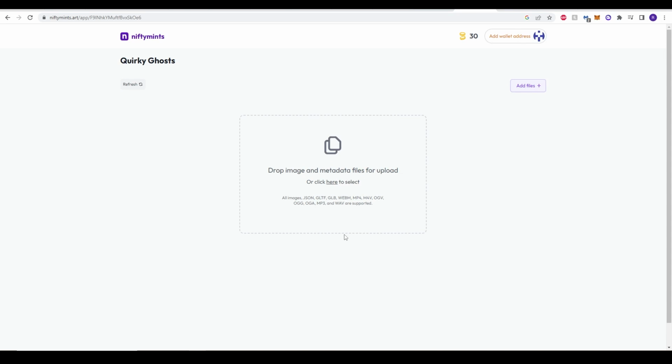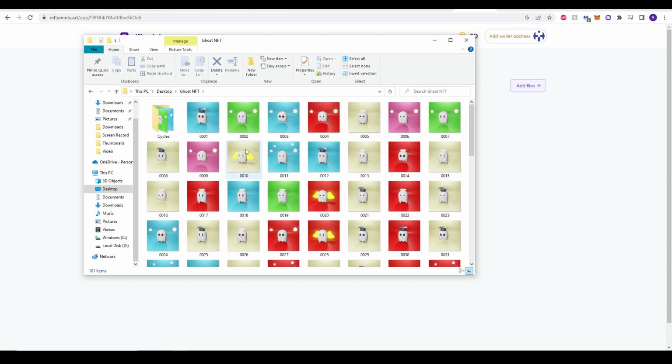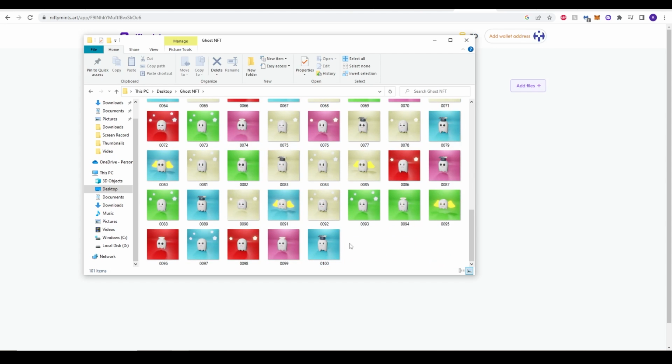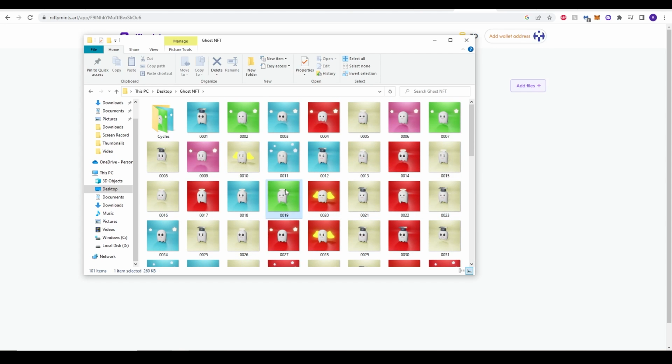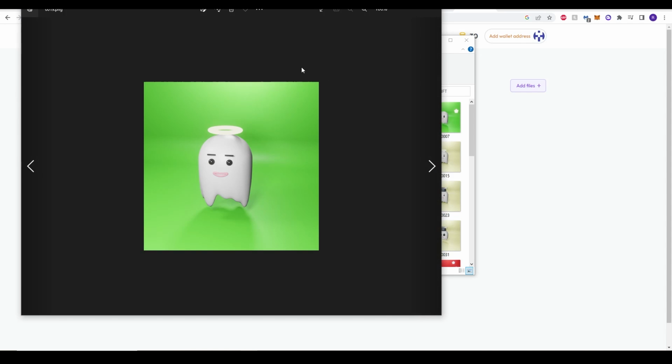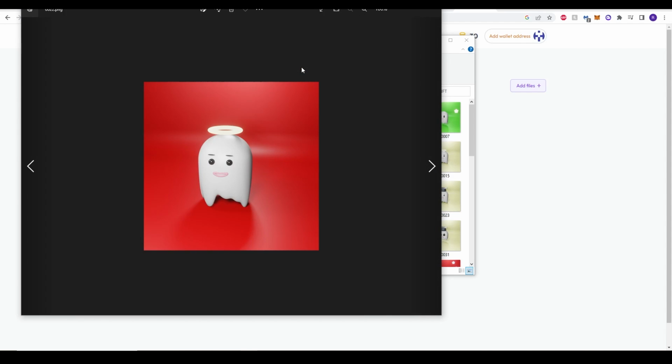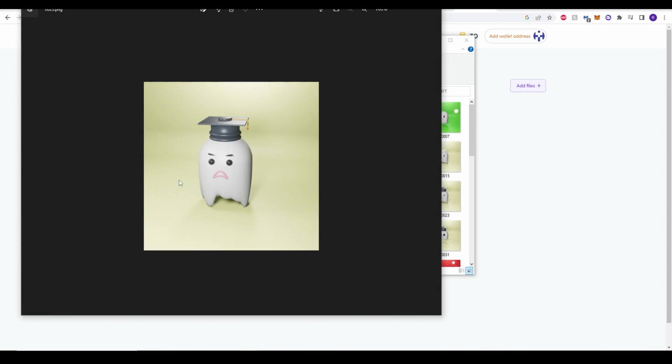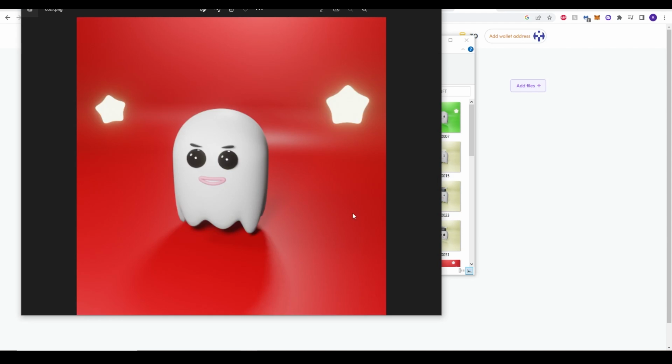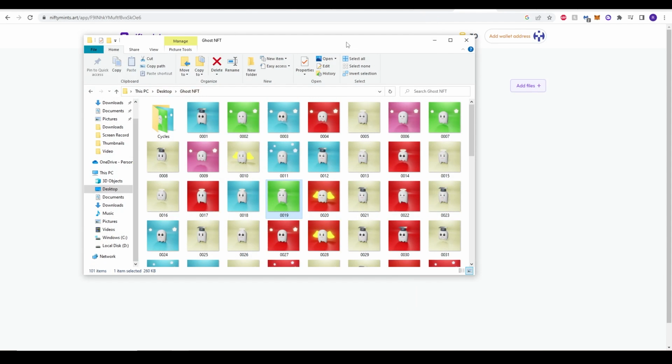files for upload, or click here to select. So here we have a selection of about 100 NFTs that I've created. These are individual ghosts that all have slightly different characters with them. If you want to know how I've made these NFTs, you can click on the video on the top right corner. But now what we want to do is upload these individual NFTs, and all we have to do is